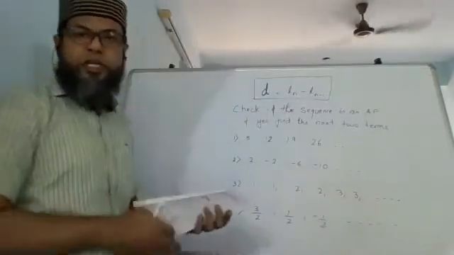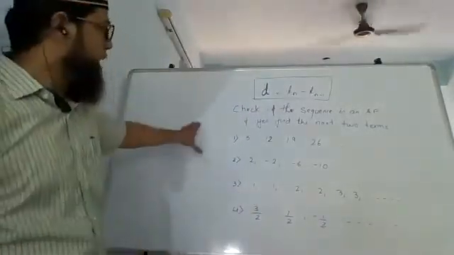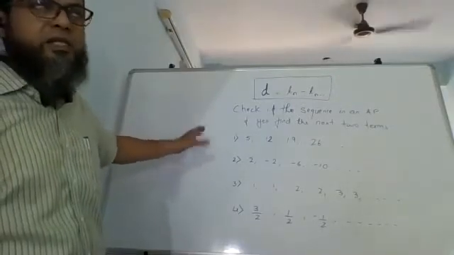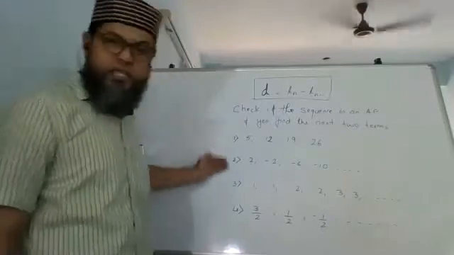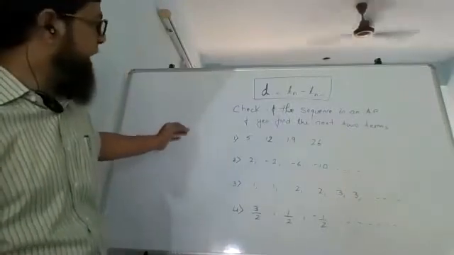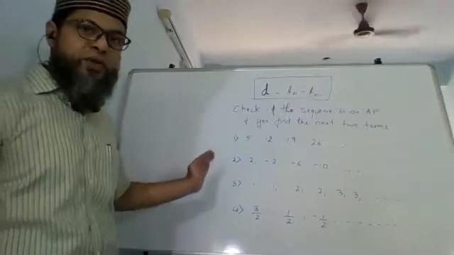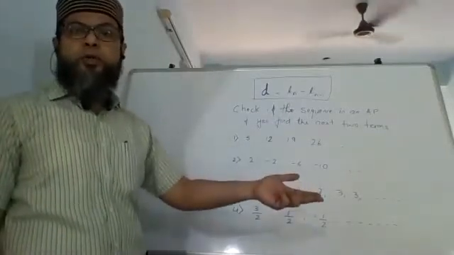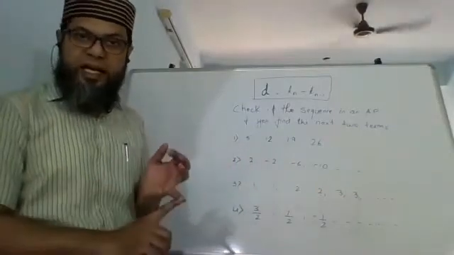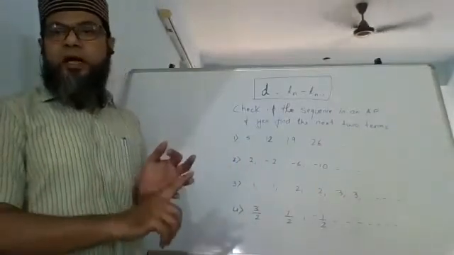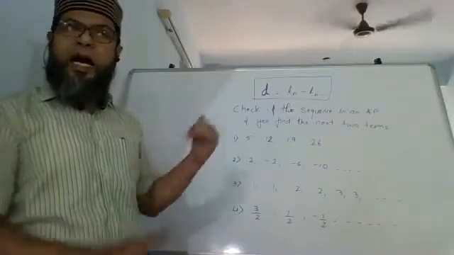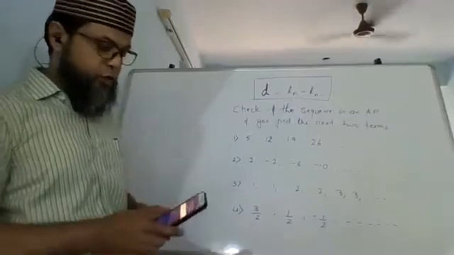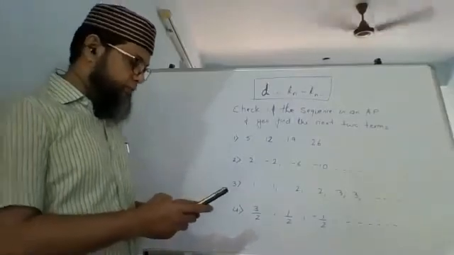So these are the 4 sums that you all are going to try for practice. All you have to check is whether these 4 sequences that I've given you are an AP. If they are an AP, then you're going to find the next 2 terms. Are we clear? I'll send you an image of this on WhatsApp if it is not clear on the screen, so that you'll still get it hopefully.